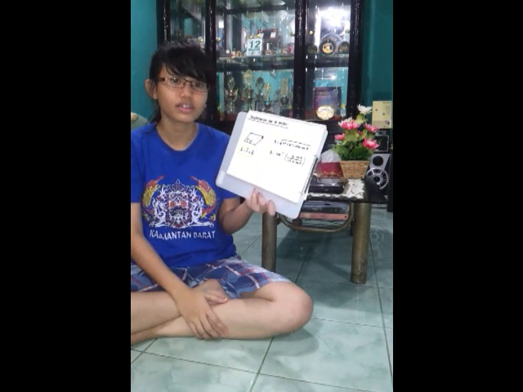Number 2 is parallelogram law of vector. If two vectors P and Q are represented by two adjacent sides of a parallelogram both pointing outward, the resultant is drawn through the intersection as the vector sum of P and Q. The resultant is equal to root of P square plus Q square plus 2PQ cos theta, and beta is equal to arctan of Q sin theta divided by P plus Q cos theta.